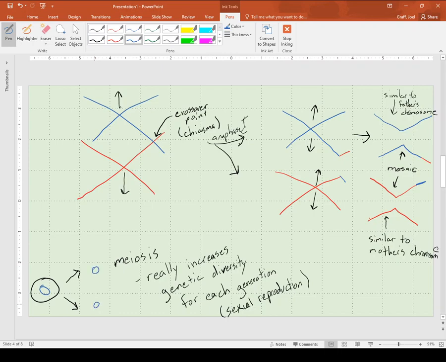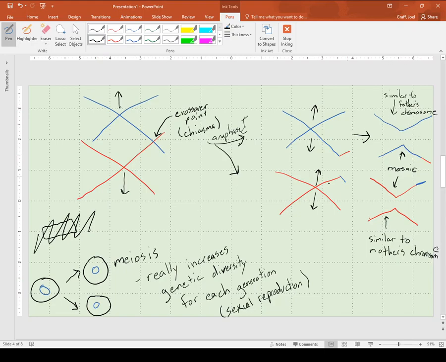Let me draw the surface of the bacteria. Previously we'd drawn bacteria with a rod shape like E. coli. This is round, so it's a cocci, but we don't care about bacteria shape right now. So one bacteria with a blue chromosome ends up with two bacteria with a blue chromosome each,